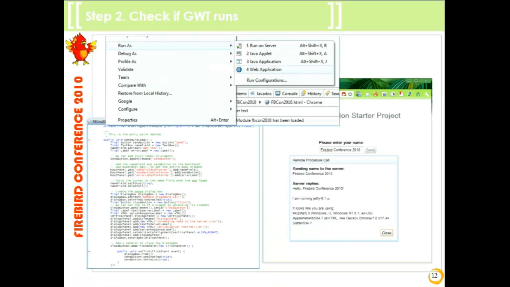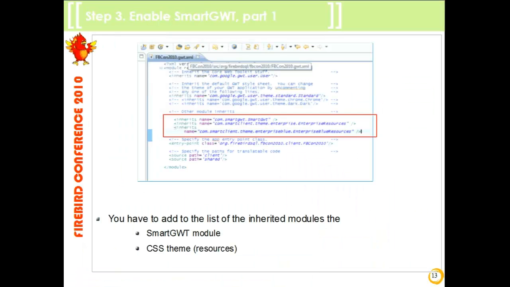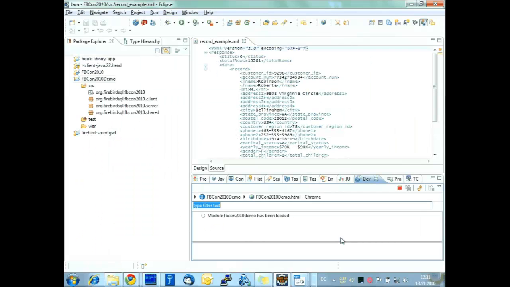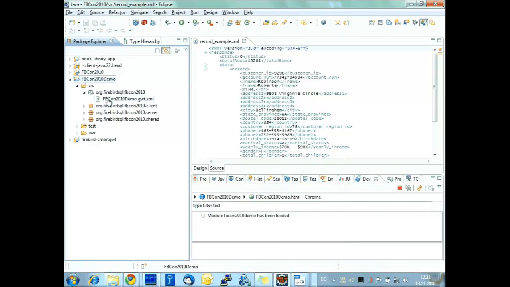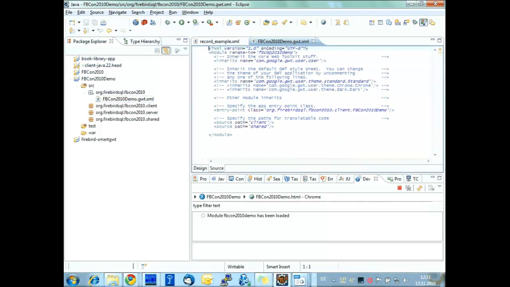The next thing that we are going to do is to enable our Smart GWT components. The Google Web Toolkit application is consisting of so-called modules. You can consider a module, so to say, the counterpart to the host web page that is going to load this module. There's always a module called FBCon. You can put a lot of different modules. There is a module name. In our case, that's FBCon 20 demo, and